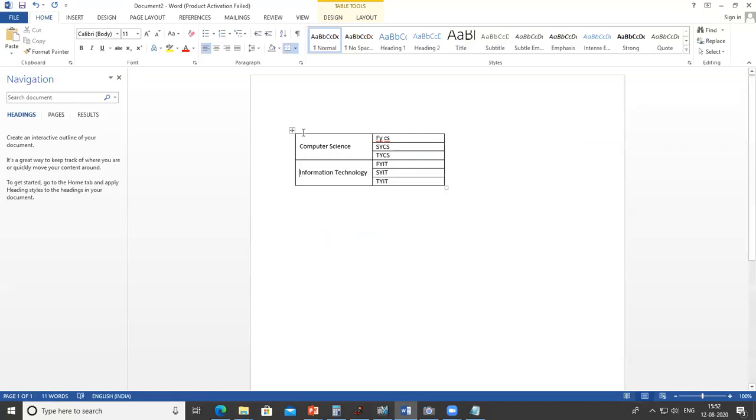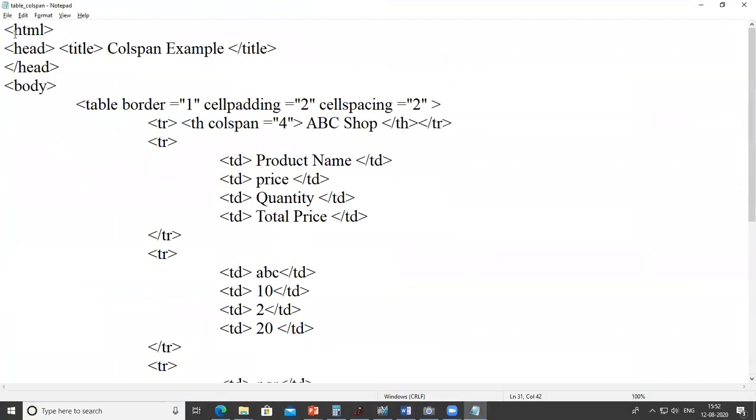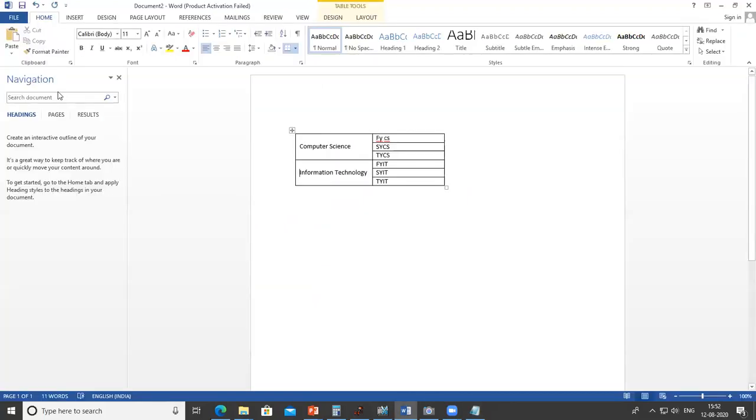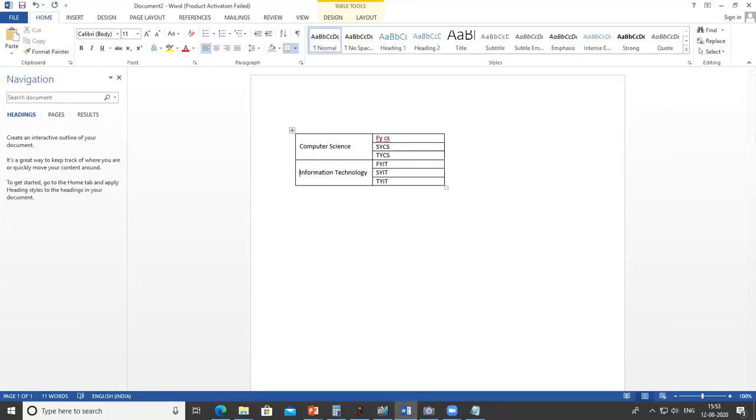Sorry, enter here. So this table we want to display. Here we merge the 3 rows in one row. So let's see how it is. So just create the new one.